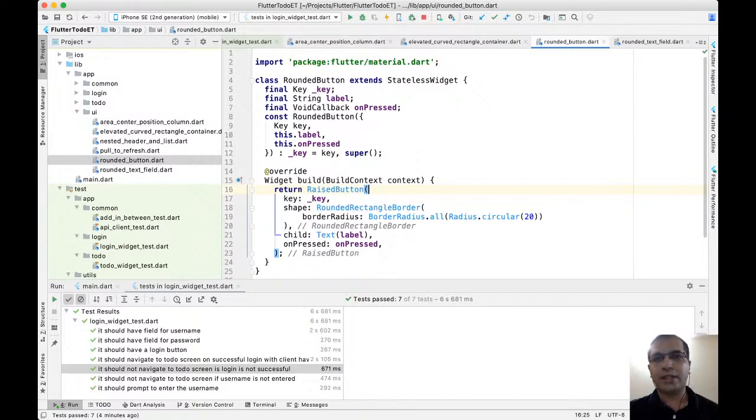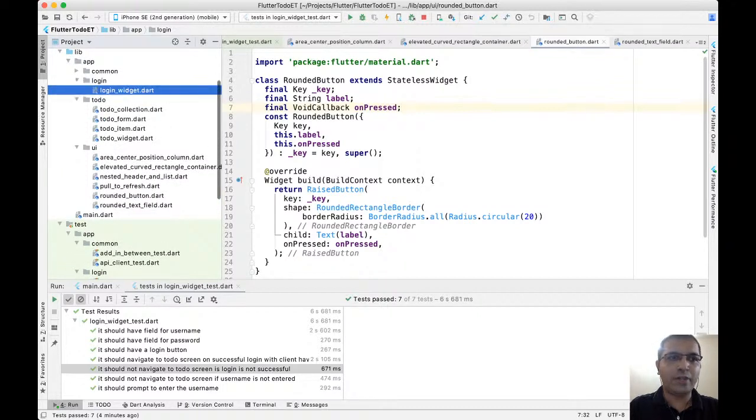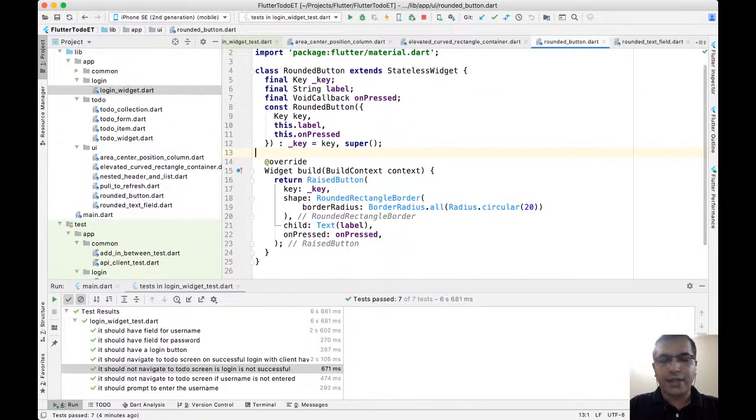When we are trying to use it in the main widget, where there is going to be some feature around it, the reader of that class or widget need not literally know what we are doing to achieve a rounded button, right? So to keep the code simple, I started extracting various widgets out, and all of these widgets were already covered as part of the tests written for the main widgets that you see over here, like the login widget and the to-do widget. As they were already covered in the tests and were created as part of the refactoring, I didn't go ahead and write a separate set of tests for those.